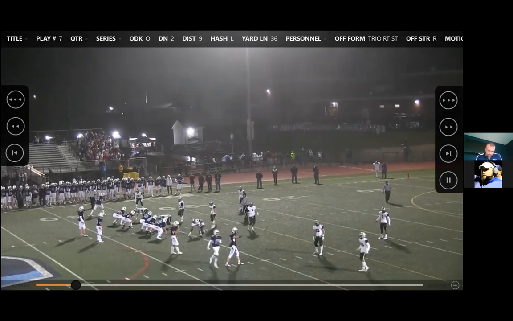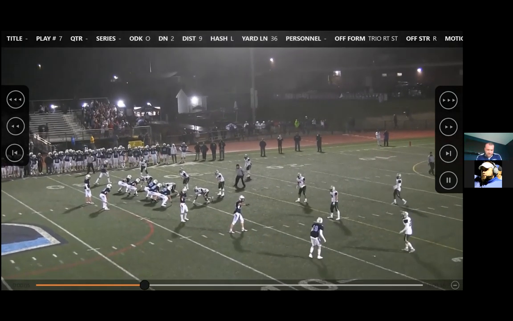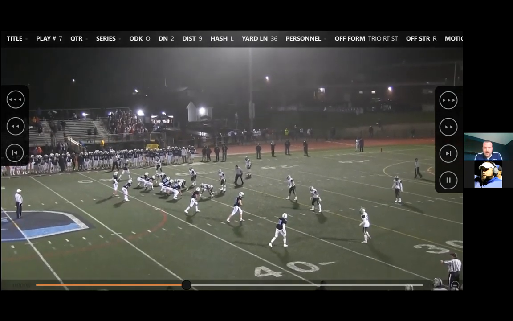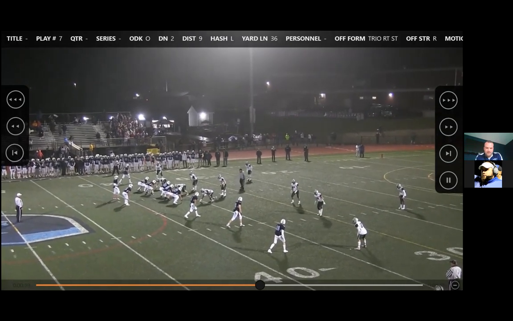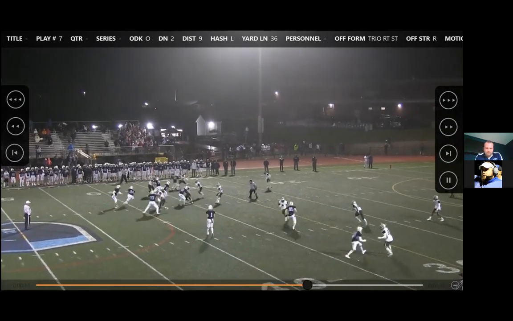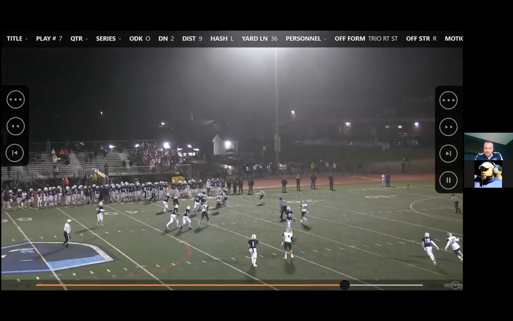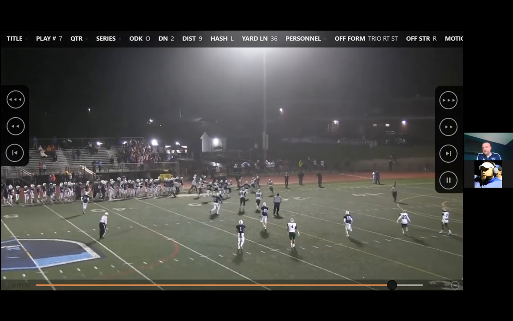So here's just one. I just like this clip. It has nothing to do with the RPO. But if you look at the box, and this is against a really, really good team, state champion team. They didn't give up a lot of points, Mansfield High School. This is just a 5-man box. So anytime we get that, the quarterback can just kill the RPO and just say, look, we're just running the middle zone right here. So it's just going to be a typical middle zone. We're 5 for 5 in the box. So he's just going to hand it off. And, nice play if we get the box that we want.